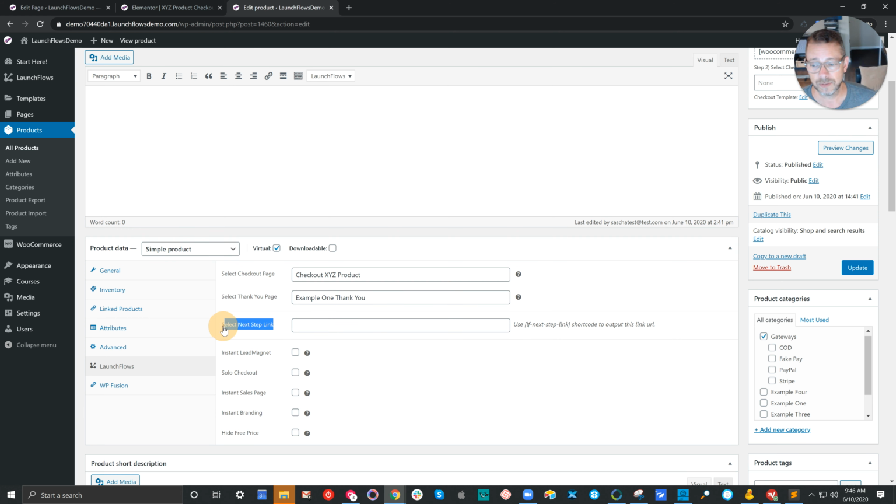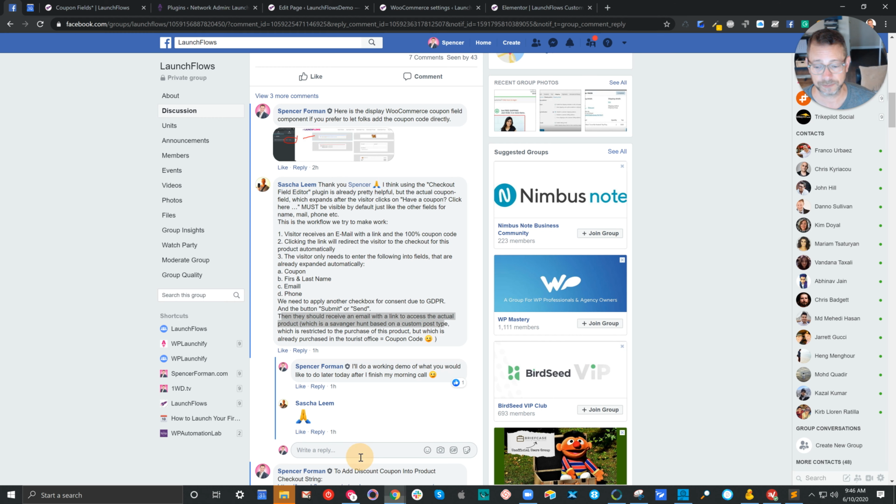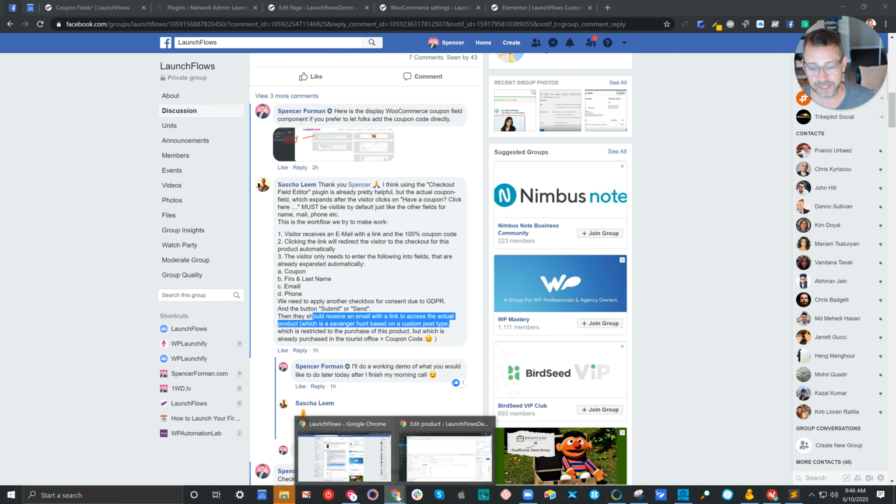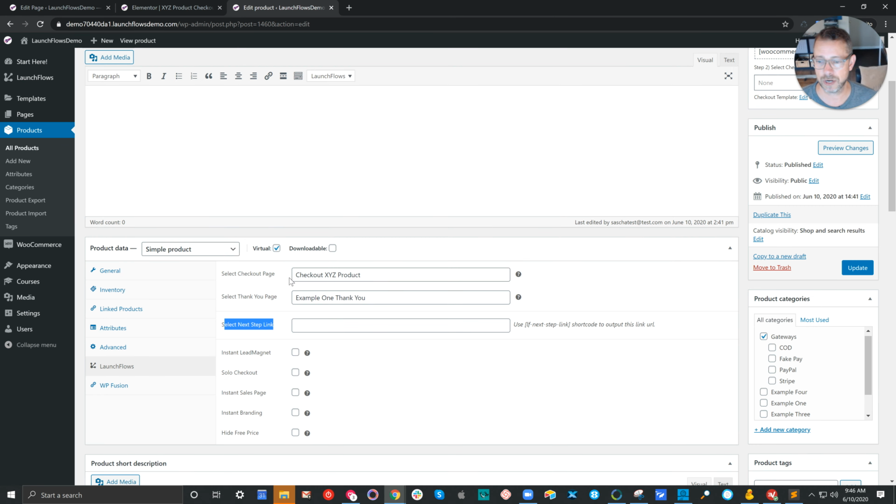Next, remember Sasha had said he wants, when somebody buys this product, for them to receive an email with a link to access the actual product, which is a scavenger hunt. But also, why not give them something directly inside of the dashboard, because when they're done with the thank you, we can give them a link that says, click here and go to the scavenger hunt, right? Now, I don't know what he's using for that scavenger hunt. So let's just pretend we'll make a page